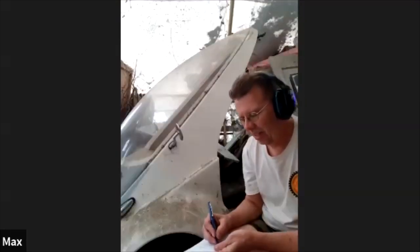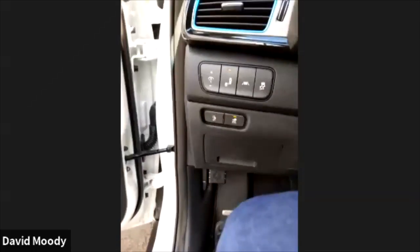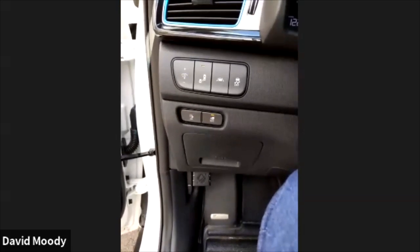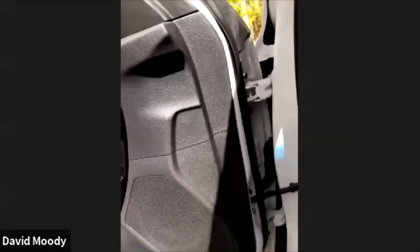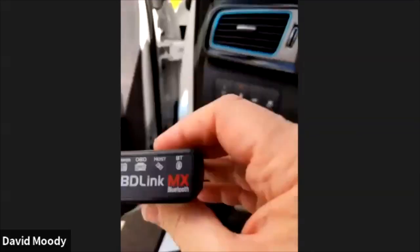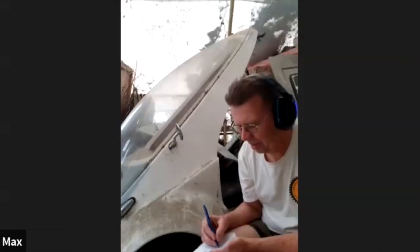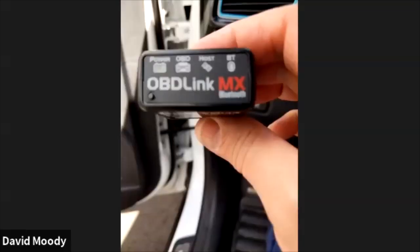This is a moderately priced one. How much is a moderately priced one? It was maybe 40 bucks. Oh, nice. Yeah, not much. Do you recall the name of that one? Let me show you. OBD Link MX. There's actually kind of a newer version of this one,